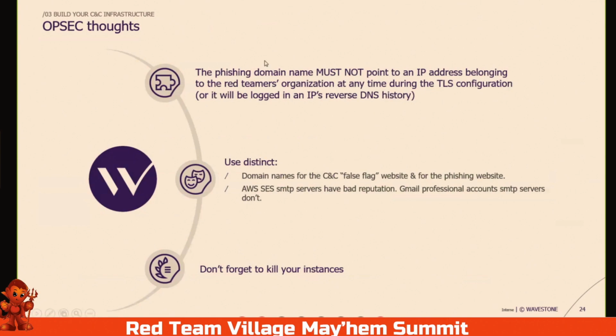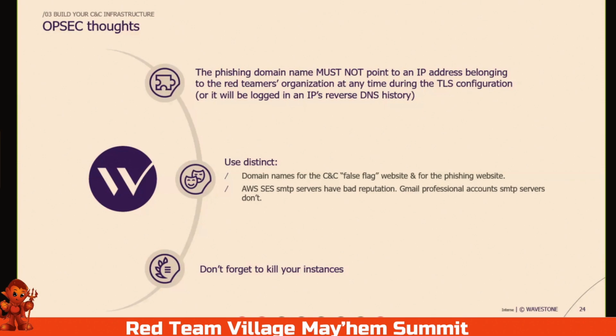First, the phishing domain that you use must not point to an IP address belonging to the red teamer's organization at any time. This is not something we could automate. So when you're configuring your TLS certificate for your phishing domain, do not make it point to an IP address belonging to your organization, because if you make it point like 1 or 2 days or a week,